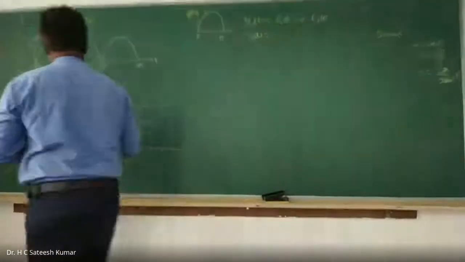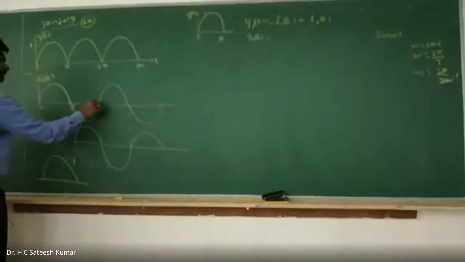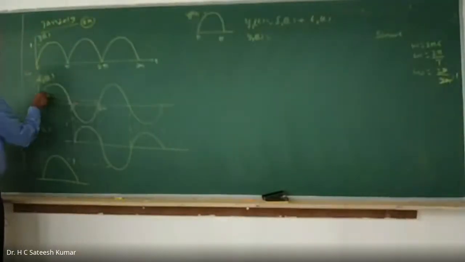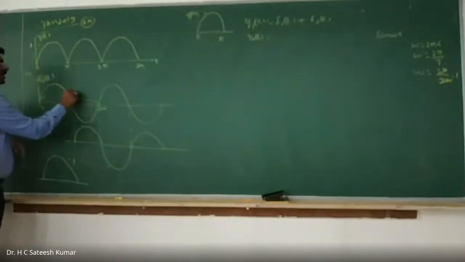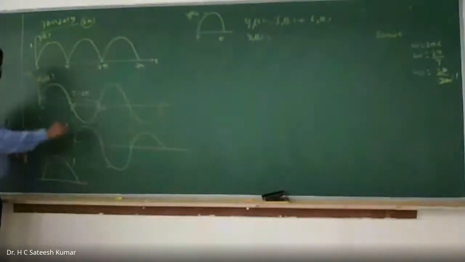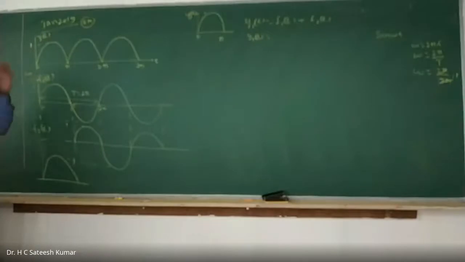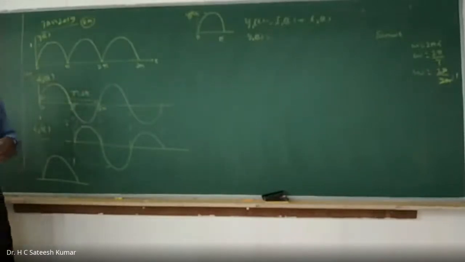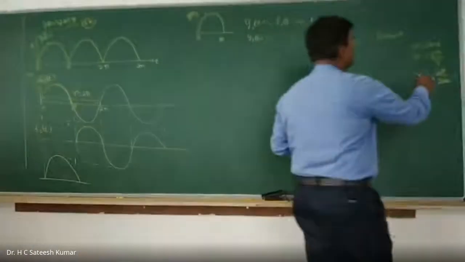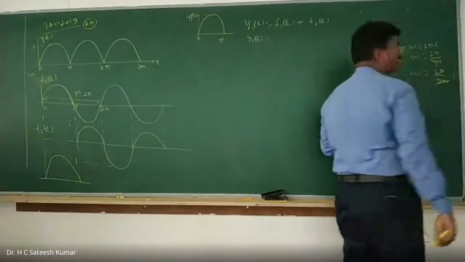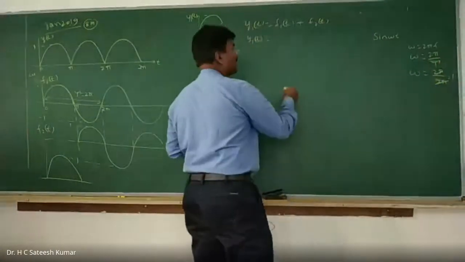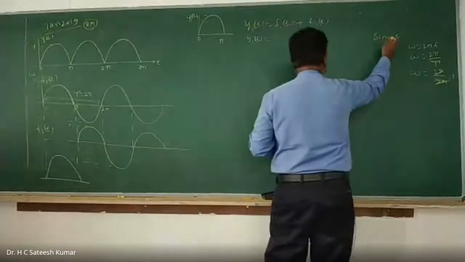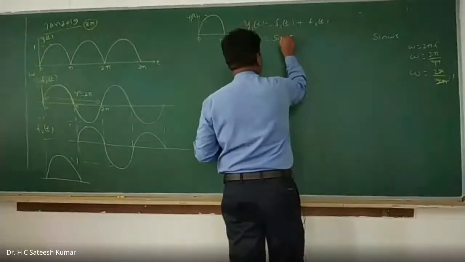Because what is that we have? Period here. This is nothing but equal to what? T is equal to 2 pi. This t is different, your period t is different. Don't mix up that t and this t. Or tau we can call it as. Your tau is the period here. So omega is equal to 1. So therefore f1 of t is equal to sin omega t, and that is nothing but sin t.